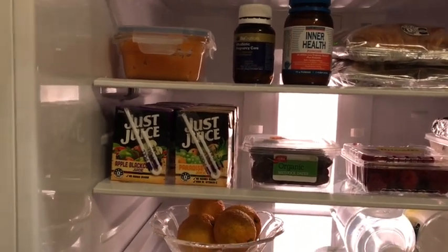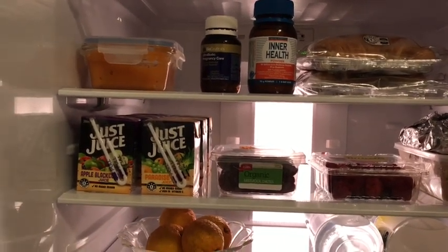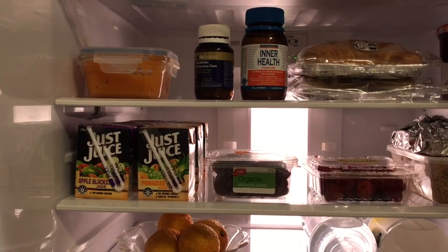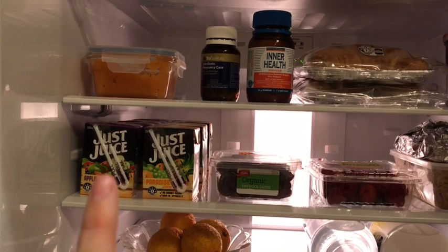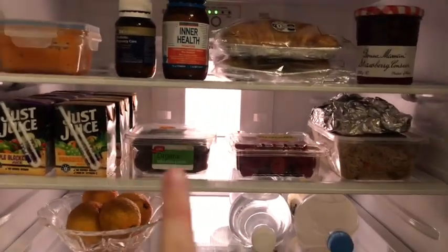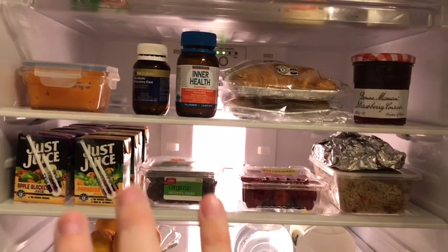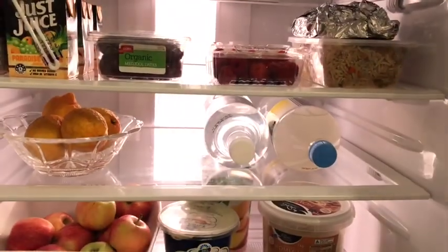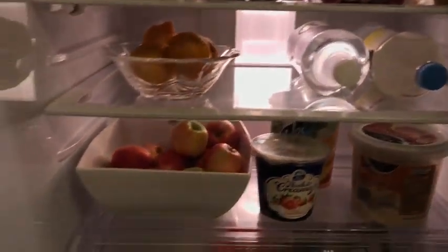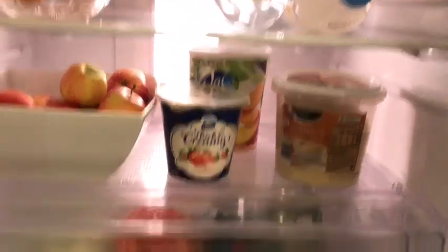And then the next shelf down are some of these fruit box poppers for my son. I don't really mind him having them if he's going to have juice, because they have no added sugar and they're just like 100%, my fridge is beeping. They're 100% fruit, and I think that they count as like a serve of fruit for the day, which is pretty great. Some dates and my little packets of fruit that we get, some leftovers. And then I have lemons from my tree and drinks that don't fit in the door, apples, and then our sort of bigger, taller products,